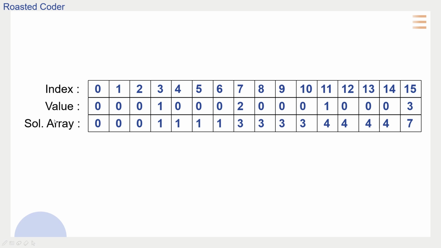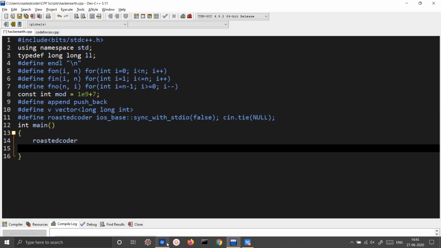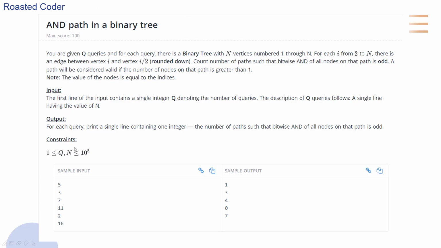And now, for our solution, we will take the prefix sum over this value array. So now let's take the prefix sum. And now we have created our array, we can find the answer to our query in order one time. Now let's code our solution. Since we saw that the constraints are from 1 to 10 to the power 5, n will be as large as 10 to the power 5.